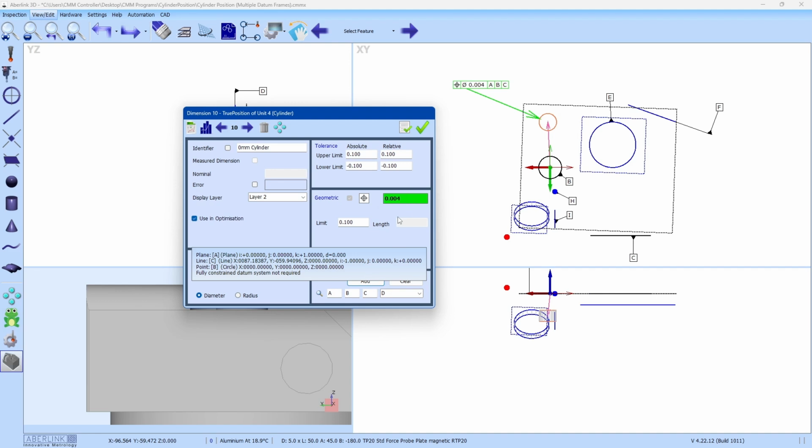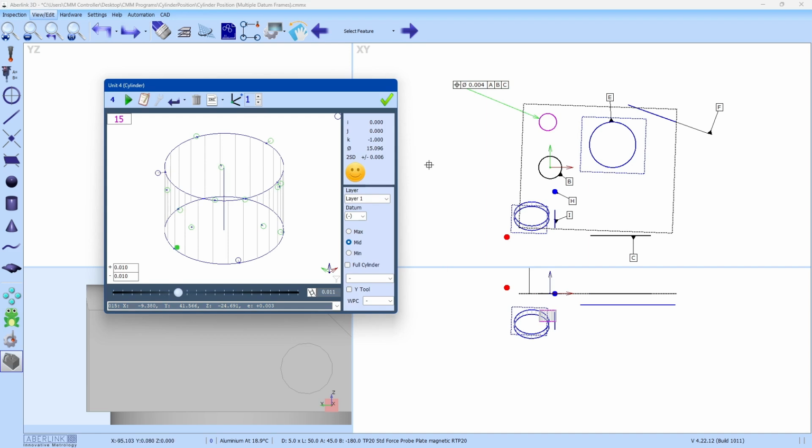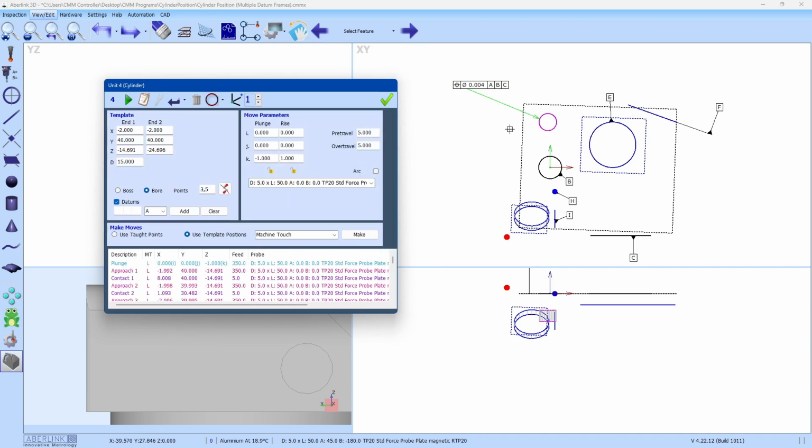The other important thing to note here is when we do positions of circles and points, you would typically see the X, Y and Z nominals versus the actuals. This is what's doing the assessment. When doing this through cylinders, the nominal is taken from the template of the cylinder. So what do I mean by this? Well, if we right click on this cylinder and go to CNC, the evaluation for the position is also being based from the template of the feature. So whilst programming from CAD, this will typically be nominal. When programming on the machine, you need to make sure that the template is set correctly.